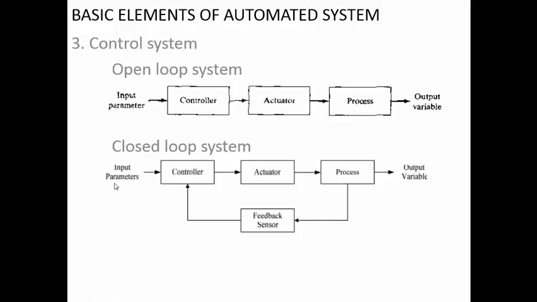You want the speed to be 1000 rpm. You have given the input parameter as 1000 rpm. The controller will read it. The motor is trying to rotate at 1000 rpm and the material is being removed. You are having some kind of sensor and you are reading the speed at 800 rpm.